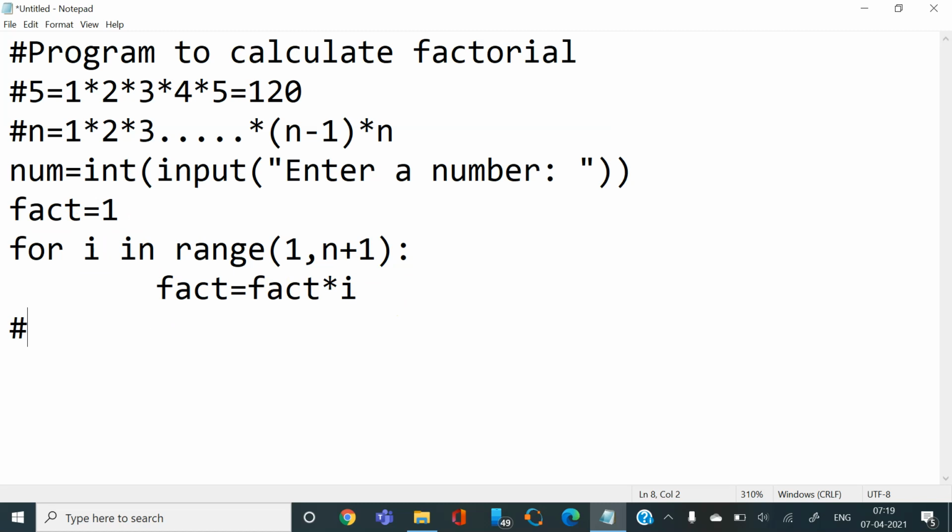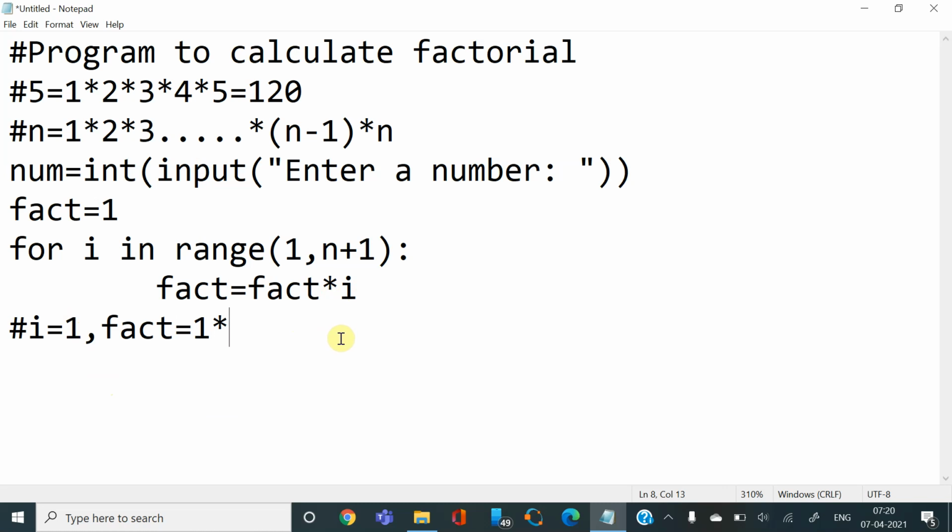When I run this code, what will happen? For i in range 1 comma n plus 1, i will be 1 in the first case, so i equal to 1. Fact equal to fact into i. What was the value of fact that we had initialized? Fact equal to 1 into 1, right?